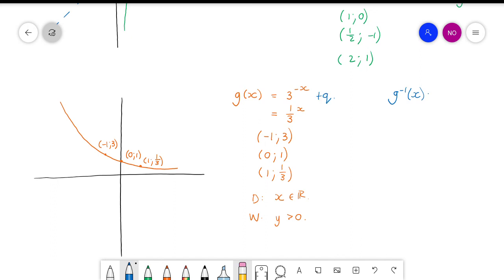So then it's going to be smaller than q or bigger than q. Yeah, yes. We're not going to ask you the inverse function of an exponential graph that's been moved up or down. Okay. For tomorrow,